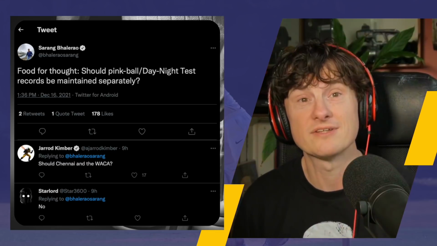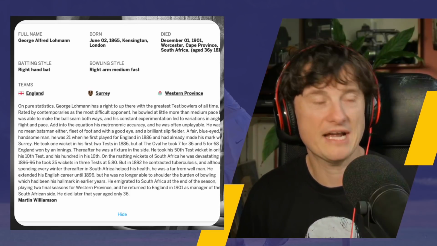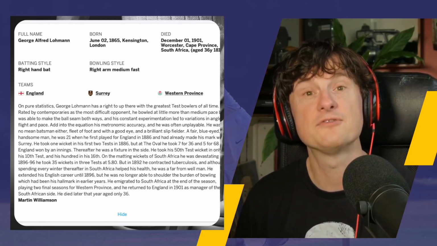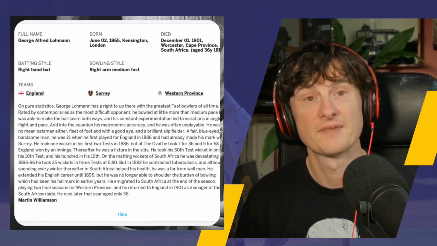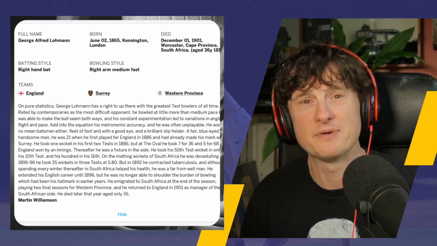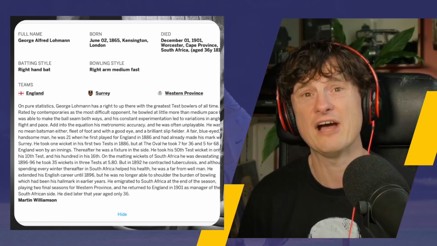And there are plenty of grounds like this, like playing at Guyana is not like batting at the Basin, right? That is actually just part of Test cricket, going to different places and having to handle different kinds of challenges all the time. And that's even before you think about the historical element of George Lohmann averaged 10.75 bowling on pitches that were full of actual cow shit.